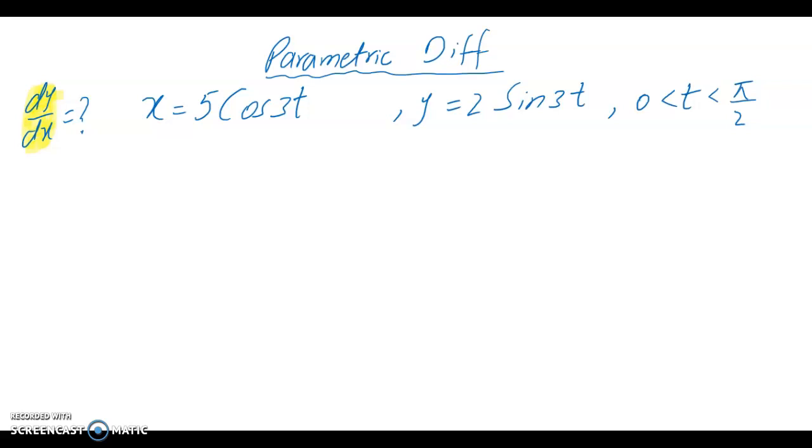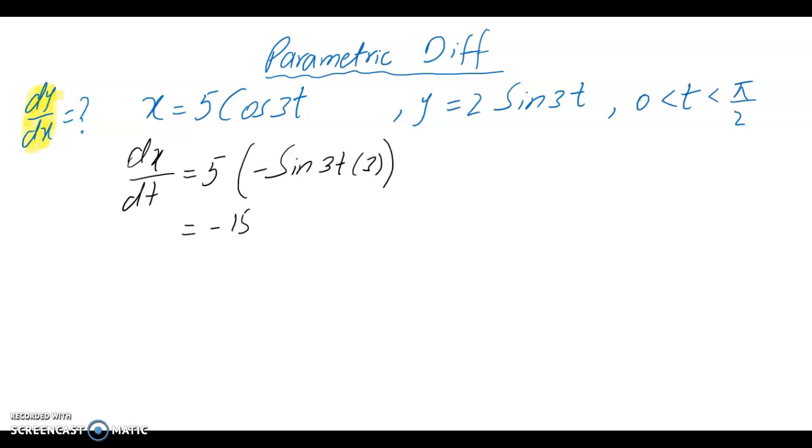First of all, we simply differentiate. Since the independent variable is t, we differentiate with respect to t. The derivative of cos is, as you remember, minus sine. So minus sine 3t, and then we look for the angle derivative, which is 3. If we simplify, this becomes minus 15 sine 3t. Similarly, we differentiate